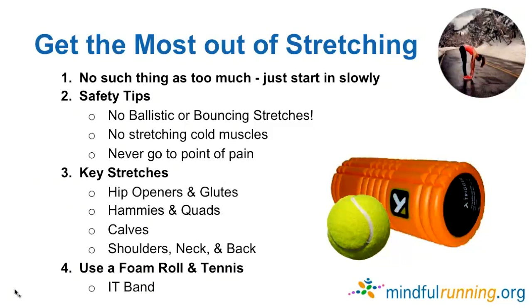Stretching. I cannot emphasize stretching and recovery work enough in the fall. I'd say for stretching, particularly with foam roll and tennis ball, there's no such thing as too much. With traditional stretches, there is a point beyond which you can exceed maximum gain. So if you're doing yoga classes and you're one of those guys or gals who can turn yourself fully into a pretzel,